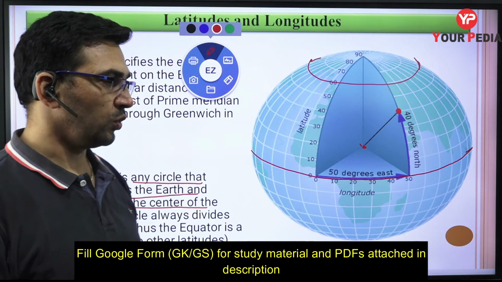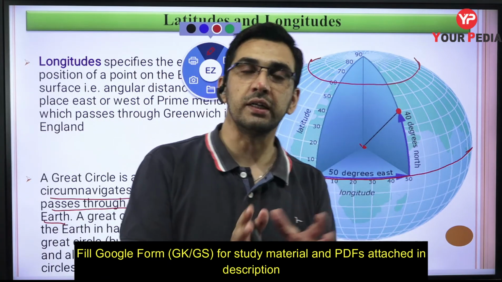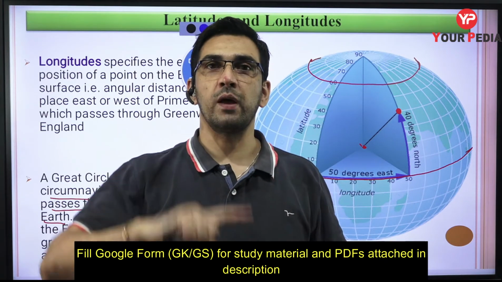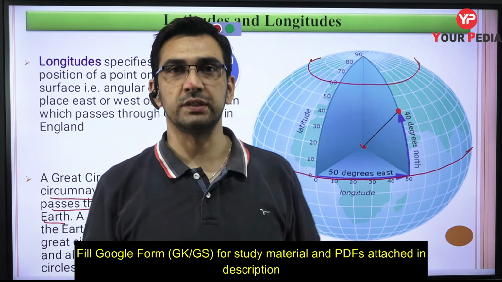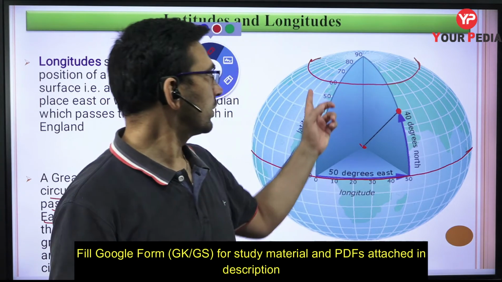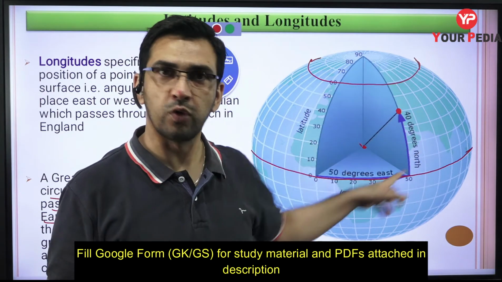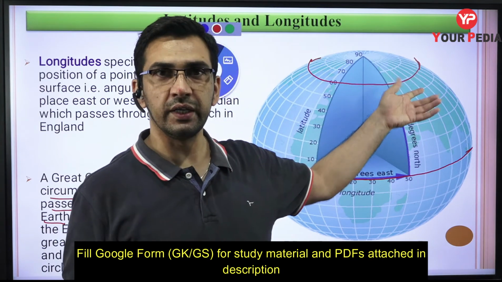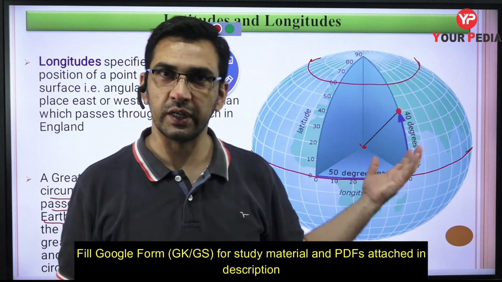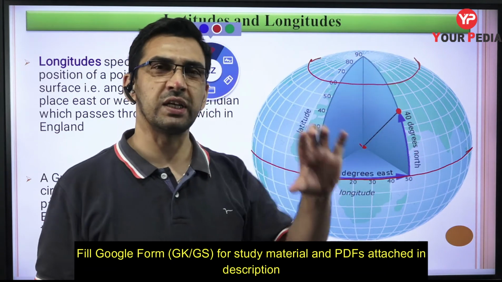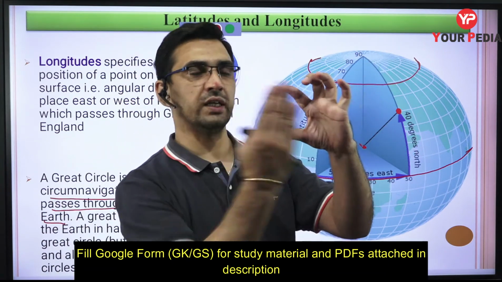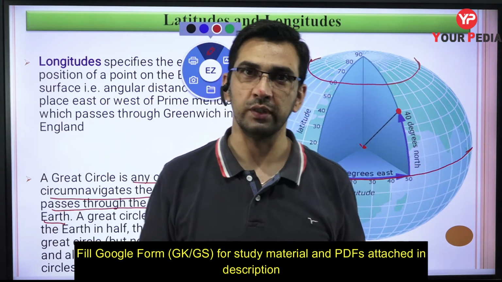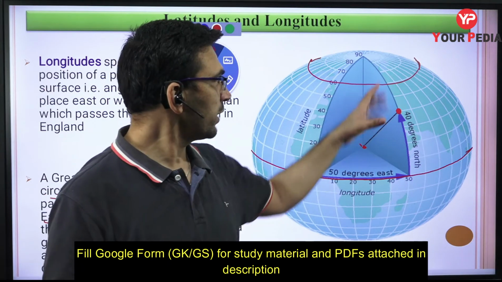So if I ask you how many great circles are there, you will say all the meridians, right? All the meridians are going to form the great circles. That is the first point. So there could be n number of meridians, and accordingly you could have n number of great circles. It is something like an onion. If you take the onion vertically, and cut it with any plane, you are going to have the half onion only, right? Half and half, right? Same way you're having the situation.